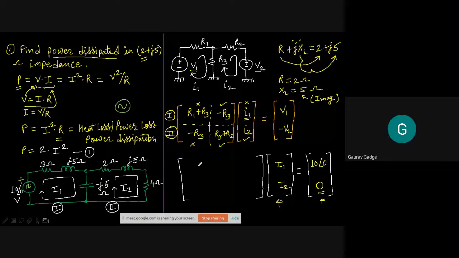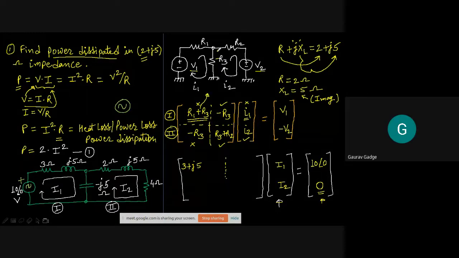Yes, sir. Sahil, tell me the elements which I should write here. यहाँ पर मैंने क्या लिखना चाहिए? 3 plus J5. Okay, you are telling me it is 3 plus J5. नहीं, you said R1 plus R3 ना? यानी like we wrote R1 plus R3, यानी R1 और R3 दोनों को हमने ऐड किया हुआ है। अब R1 आपका पॉजिटिव है, सपोज जस्ट इन केस अगर आपका R3 नेगेटिव रहता है, तो यहाँ पर आप क्या लिखोगे? R1 minus R3.